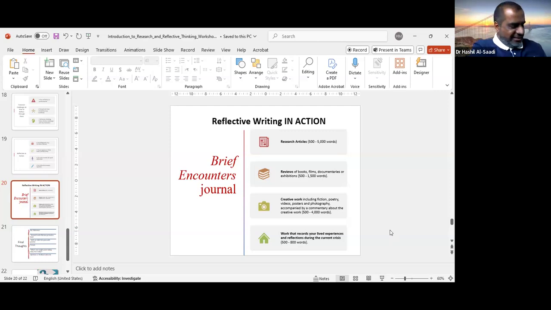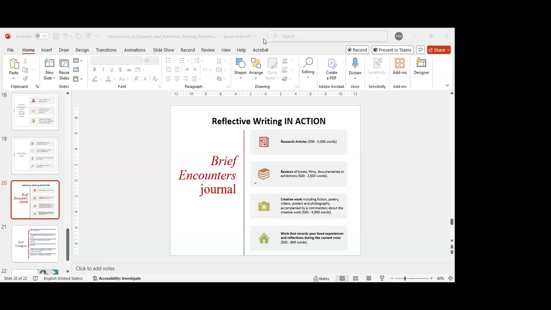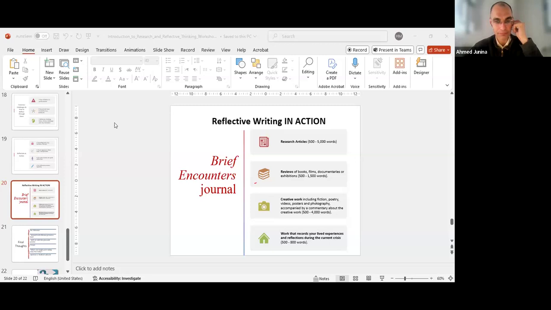I now need to engage in reflective and critical thinking myself to solve this issue. Had you been in Gaza, I would have said that's normal, Dr. Hashil, but in the UK, this is kind of unpredictable. It's just the cable, I think. It happens always with technology. Just excuse me for a second. That's fine. Take your time.